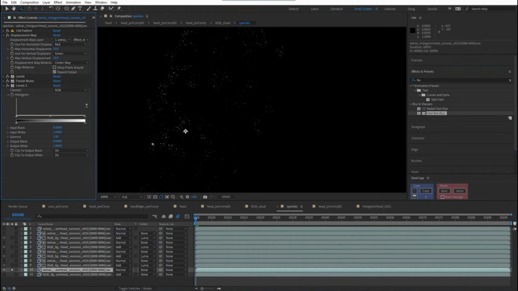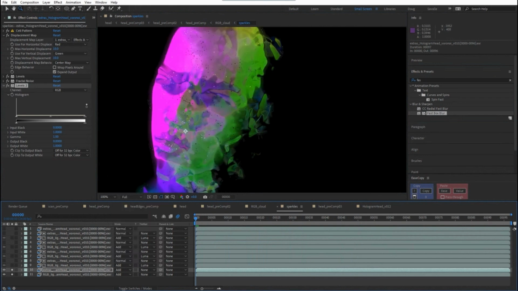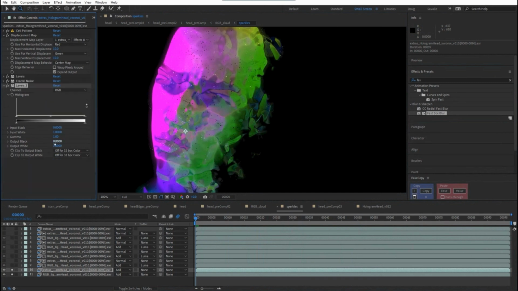If these values get too crazy, and I'll show you if that's set to off and off, if this were to add on top here, you can see all the black little specks. And because this project is in 32-bit, the blending modes don't work the way you would sort of anticipate them to work if you're in 8-bit or 16-bit color. When one of these crunched all the levels, that brought the black all the way down essentially into negative values. When we add that on top, we're adding this negative value on top of our positive value. And if that value is greater, it starts to become a negative value.